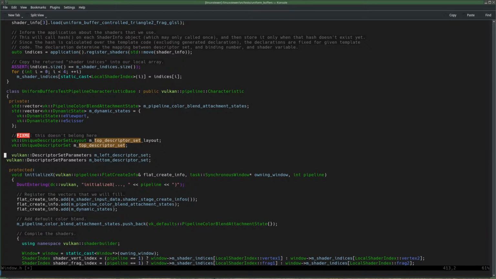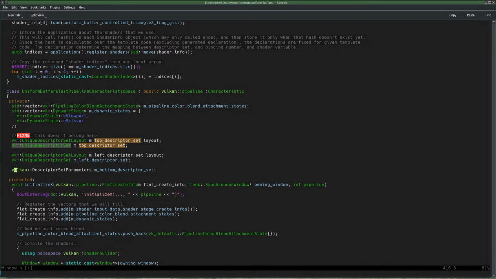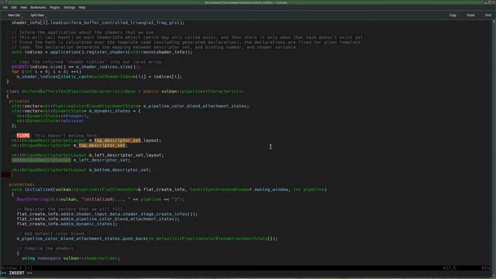But like I said, I do not have descriptor set parameters anymore, so this is now going to be the same as this twice, right? So I have a layout and just a set, and then this one we call layout, and then the same here. The layout and the sets for the bottom thingy.